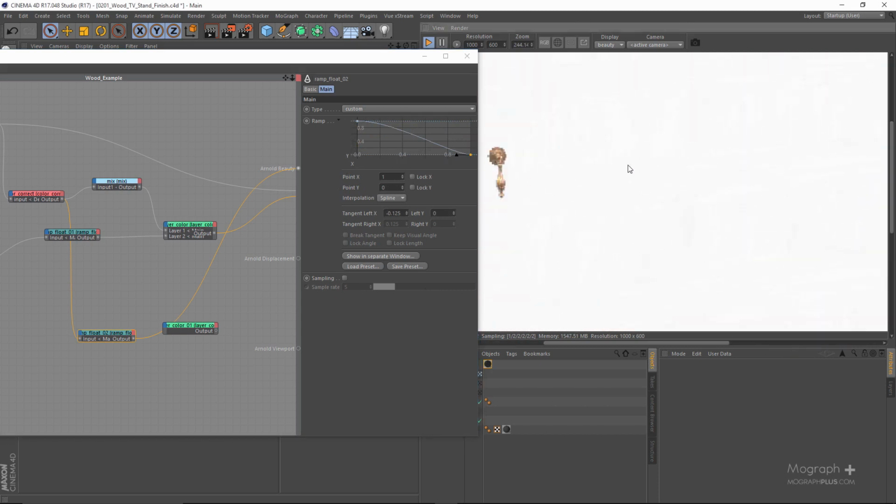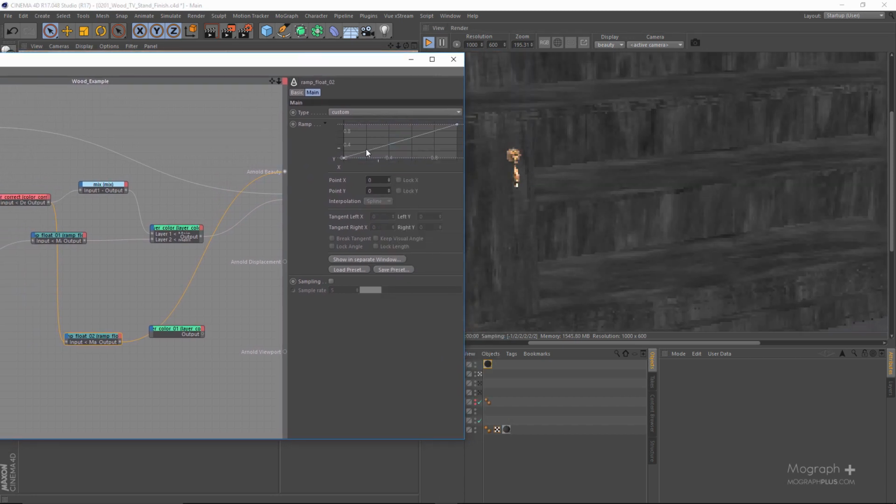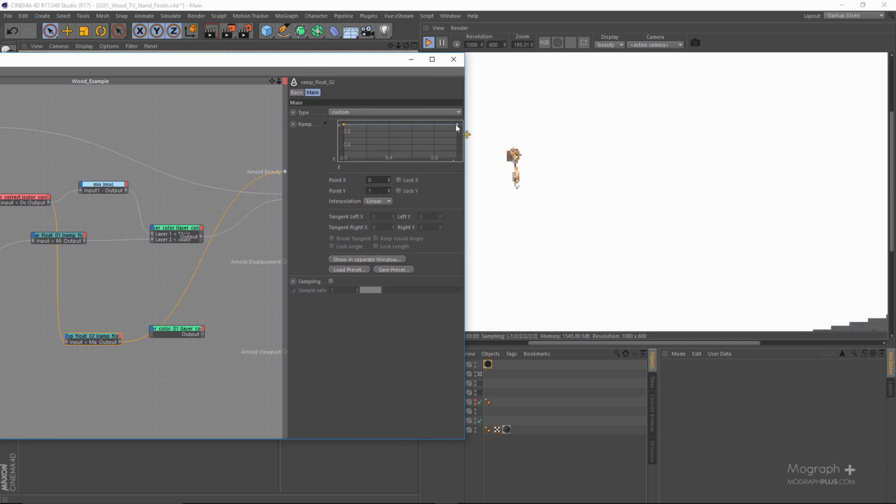It's really hard to see. Hopefully you see it in the recording. But now we are having that balance. So in the specular weight, where the parts are going to have less specular weight, they are also going to be a bit rougher in the specular roughness, right? So I'm just going to reset this, invert it,